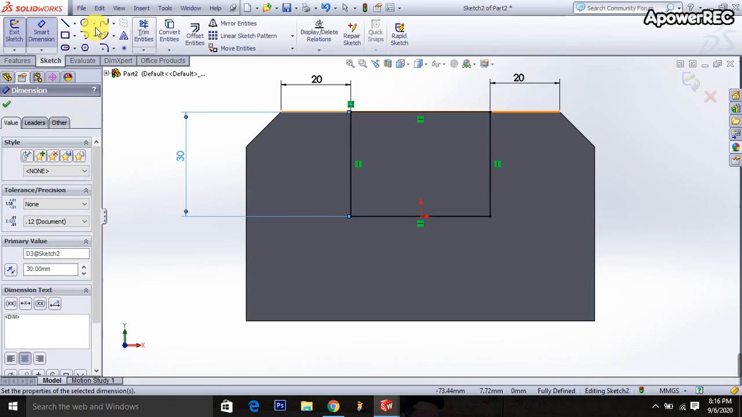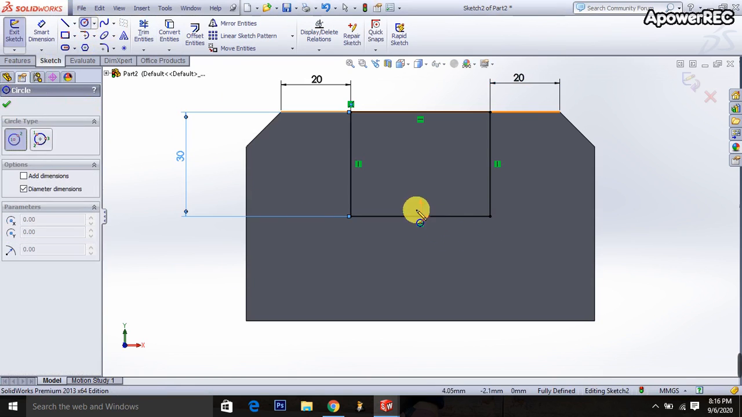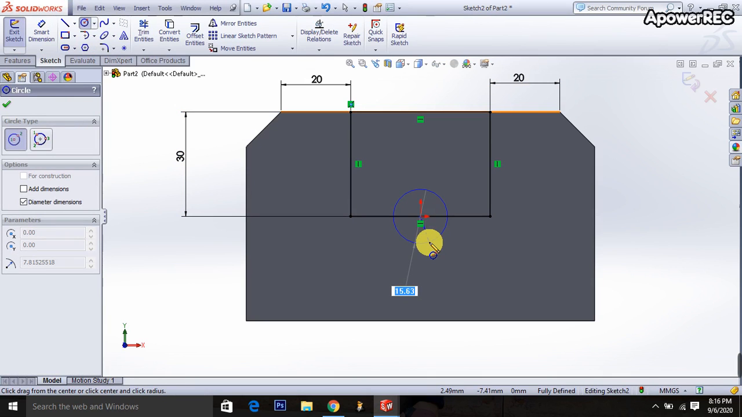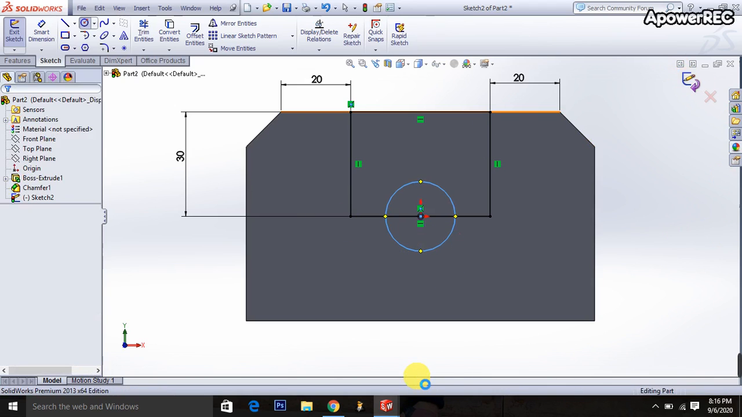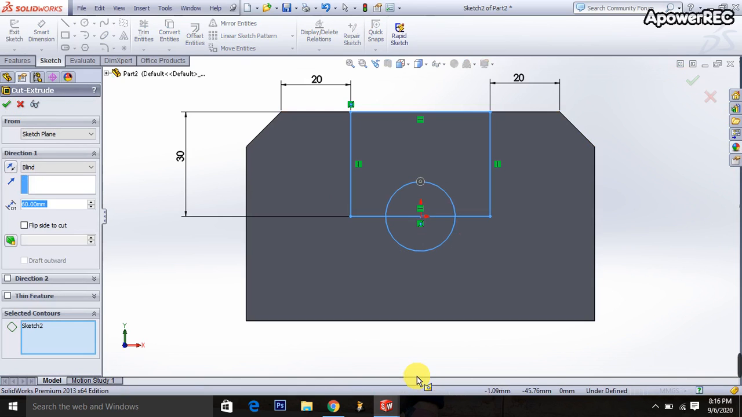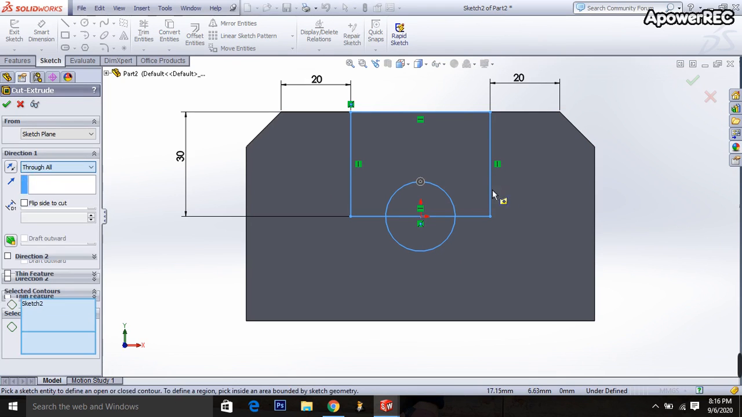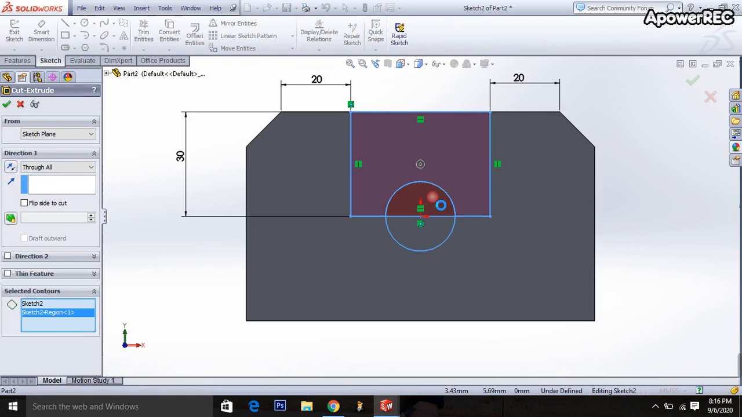Okay, then I'm taking the circle and sketch it, and this circle is 20 millimeters. Okay, then exit it. Then I'm selecting the through all. Okay, done. This portion and this portion. Okay, then I'm going here. Okay,